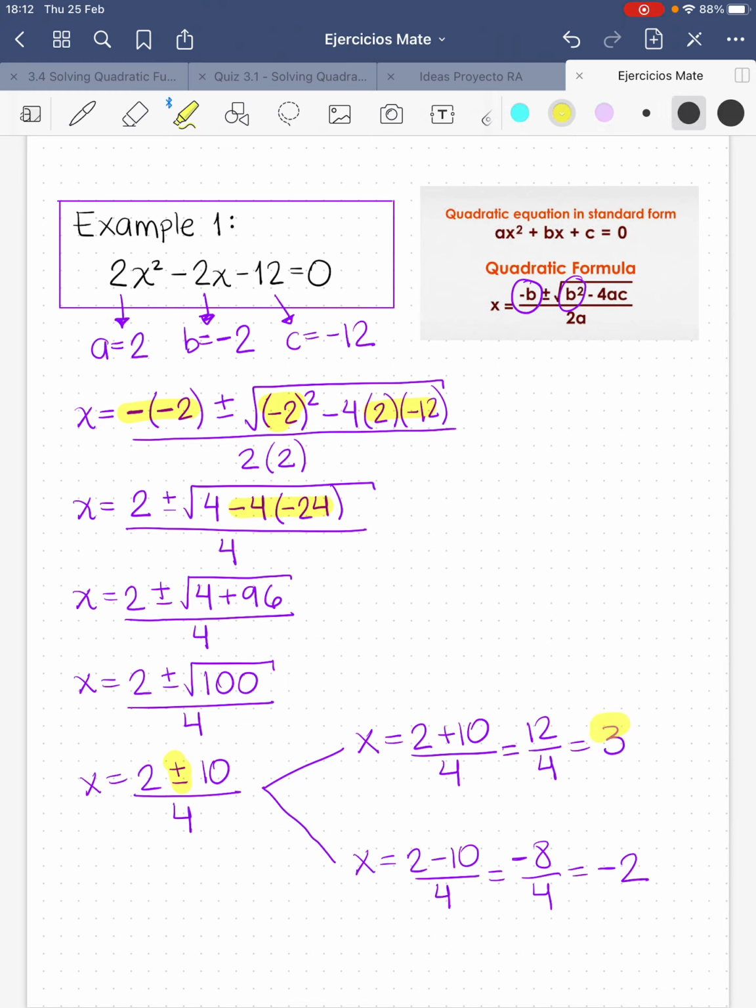And those are the two solutions for our quadratic equation. And you can graph this one in Desmos. If you write the whole equation, this one, 2x squared minus 2x minus 12 equals 0, in Desmos, you will find a parabola that crosses the x-axis in 3